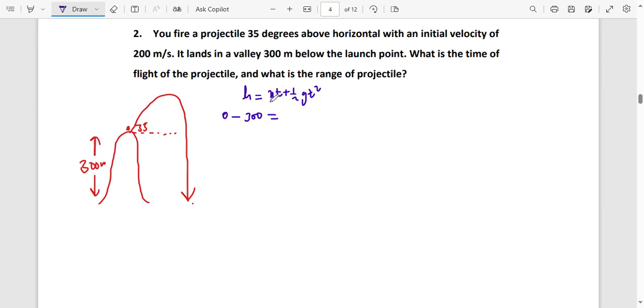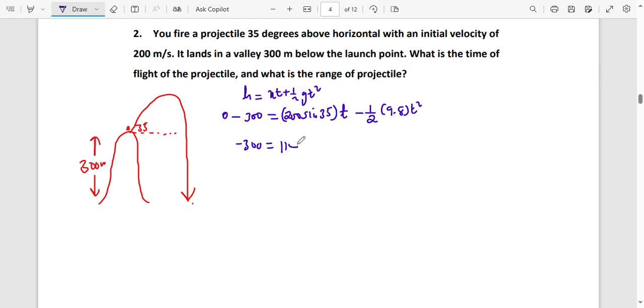The initial velocity in the y is going to be, the velocity for the projectile is 200, so that is 200 sin of the angle, 35. You always use velocities in the y when we are talking about height, and then this will be times time. But because the projectile first went up, gravity is going to be negative, so that will be negative half times 9.8, and then t squared. So negative 300 is equal to 200 sine of 35